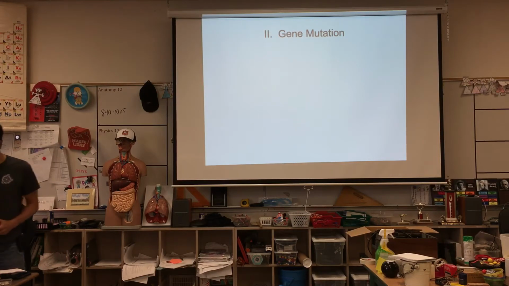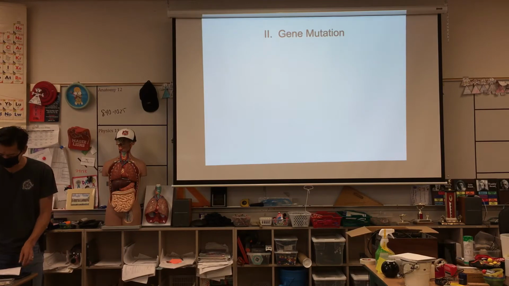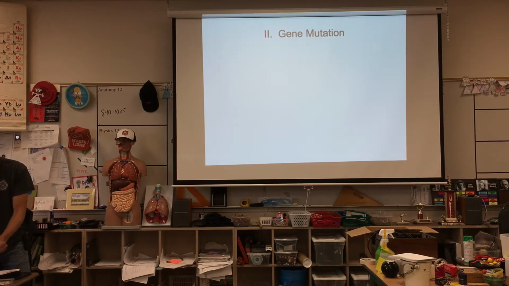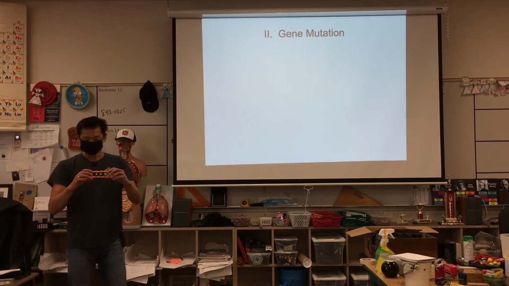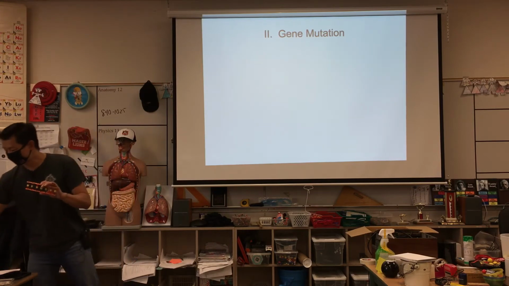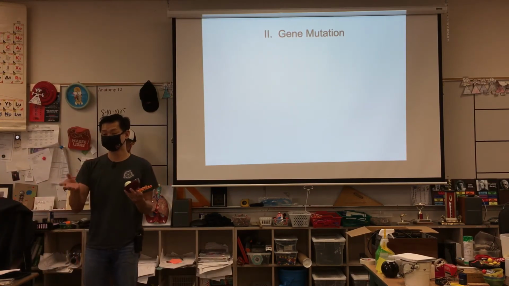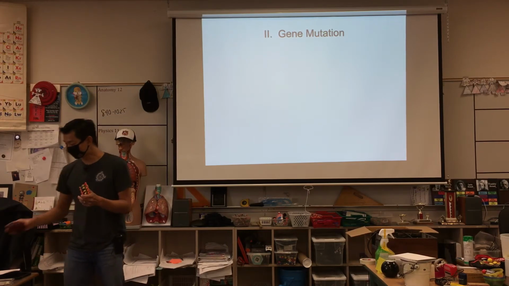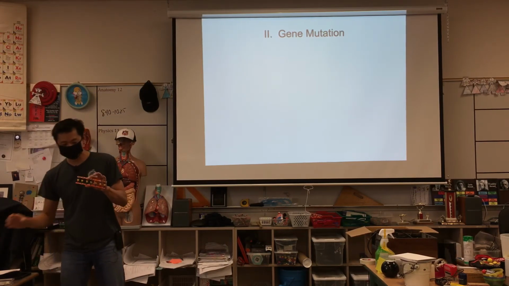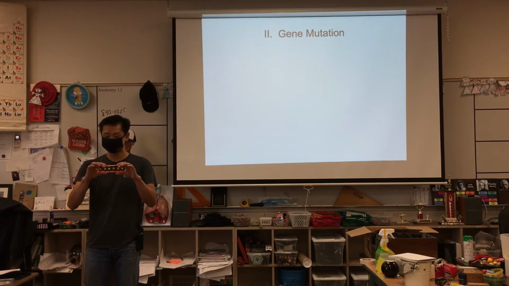So we're going to take a look at gene mutation. Now remember, you got all this DNA in your cells, right? Lots and lots of DNA in your cells. Half of the DNA came from your mom and half came from your father, right? And that's why you show attributes of both your mom and your dad. Some of them are chosen to be expressed, others are hidden, and that's why you don't show all of the characteristics of your mother and not all the characteristics of your father, right?